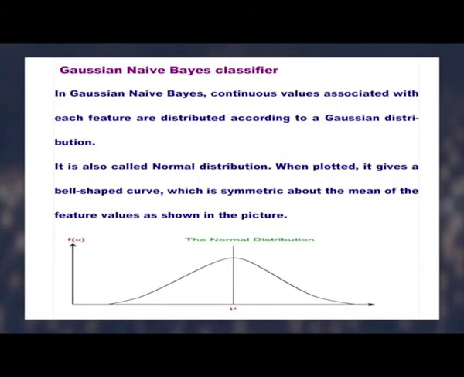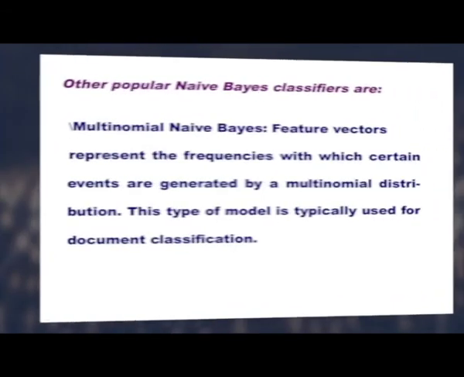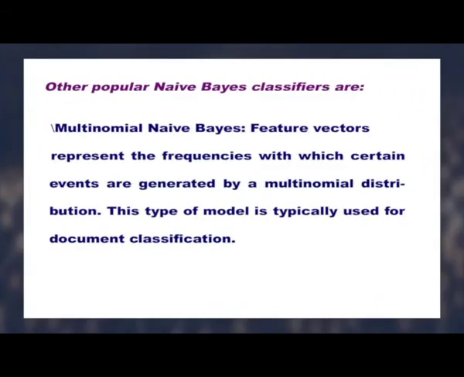In Gaussian naive Bayes classifier, continuous values associated with each feature are distributed according to a Gaussian distribution. It is also called normal distribution. When plotted, it gives a bell-shaped curve which is symmetric about the mean of the feature values as shown in the picture. Other popular naive Bayes classifiers are